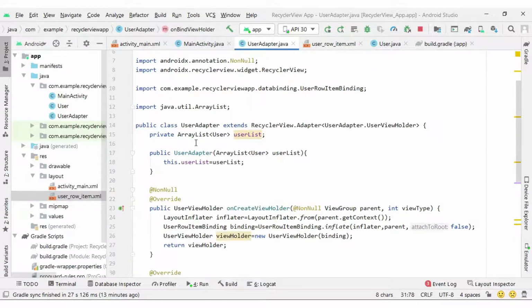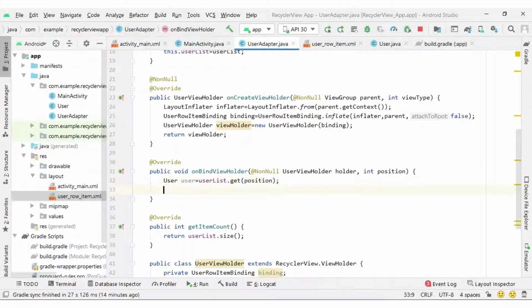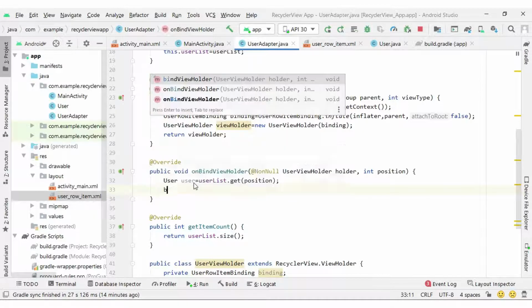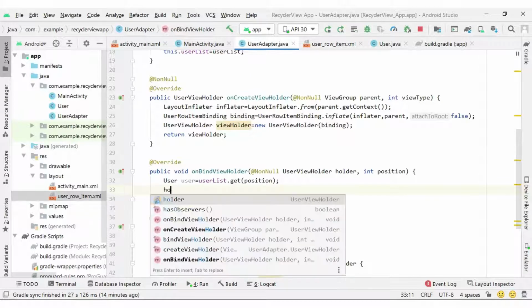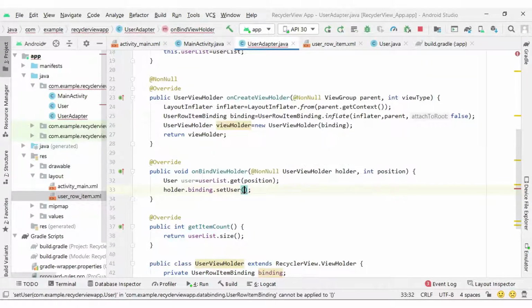From the position you can fetch the user from the array list. So I can write user = userList.get(position). According to the position we get the user instance, and that user instance I can pass here. You can see holder.binding.setUser(user).